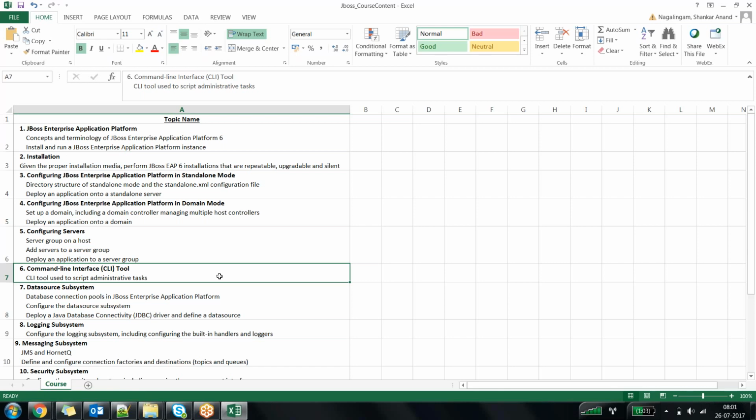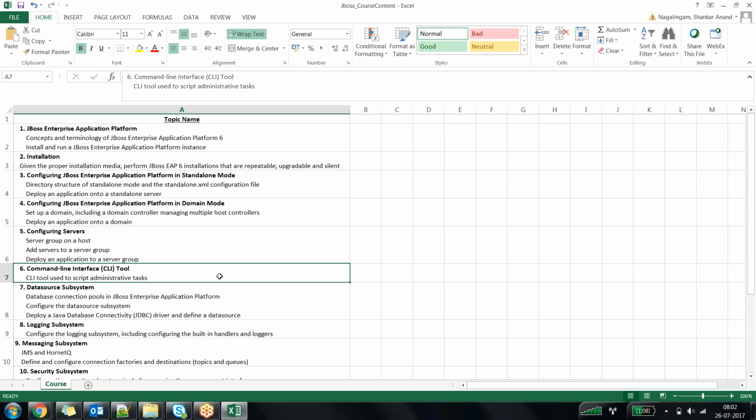In a similar way, whenever you want to talk to the JBoss application server, Shiva, one question. JBoss is not my girlfriend. Why do I have to talk to it? When I say you want to interact or talk, for example, you want to start the instance, you want to deploy the application, you want to configure the settings, for anything and everything you want to interact with the JBoss application server, there are multiple ways of doing that. One of the ways is using the CLI,